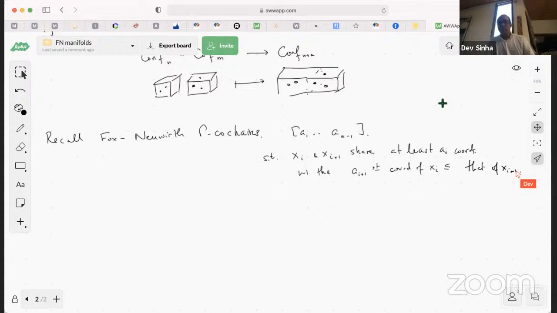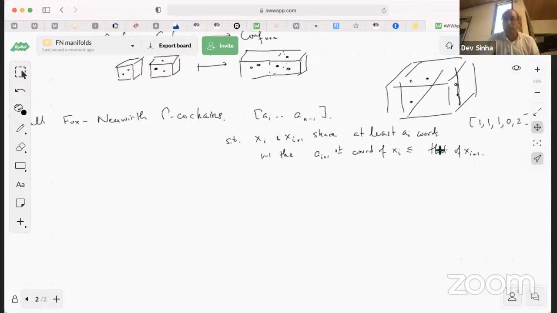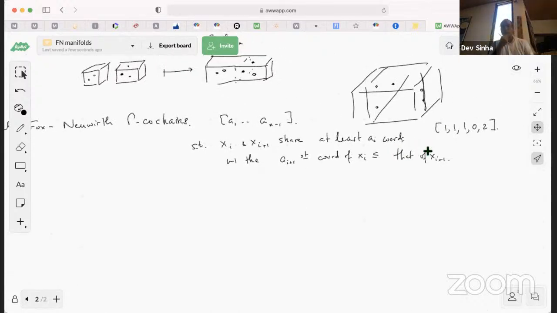Okay, so we've got pictures like this. Well, if this is our configuration space, we could have 3 points which share 1 coordinate, and then 2 points which share 2 coordinates, and that would be 1, 1, 1, 0, 2 as a Fox-Neuwirth index. So just such sequences of integers. And so if you then think about the natural map here,